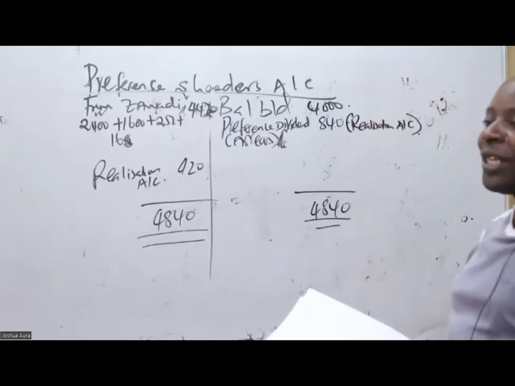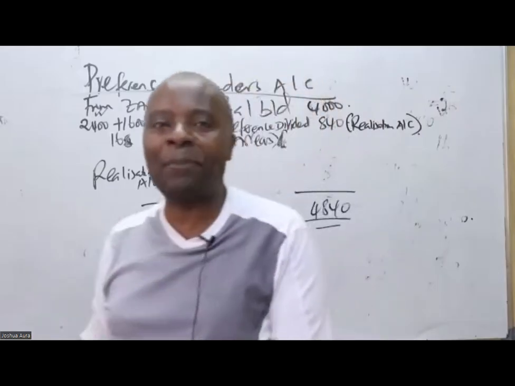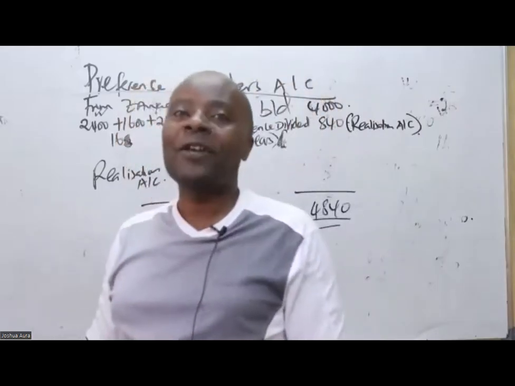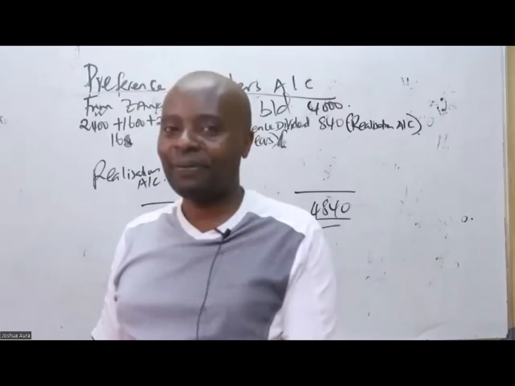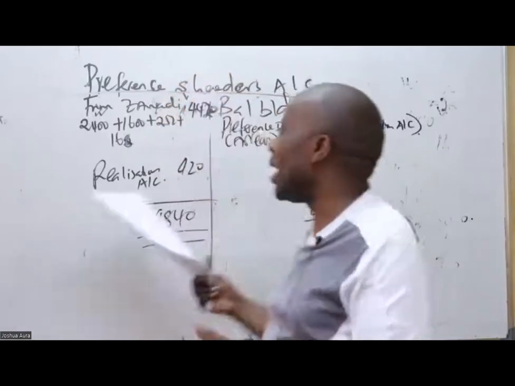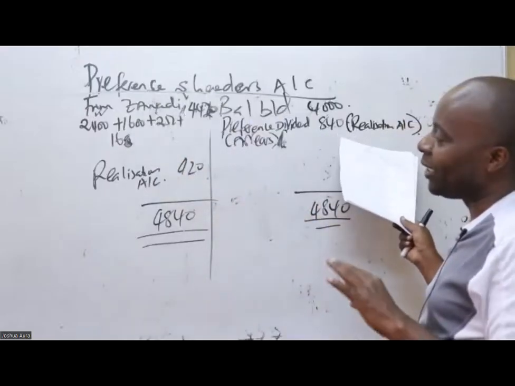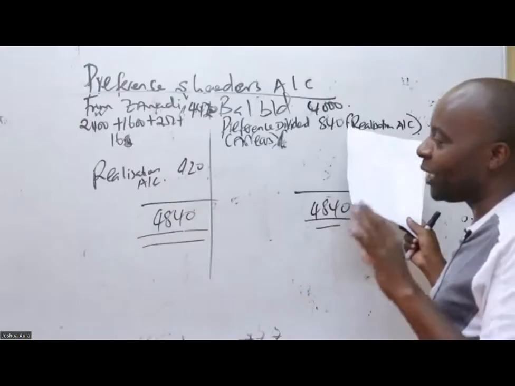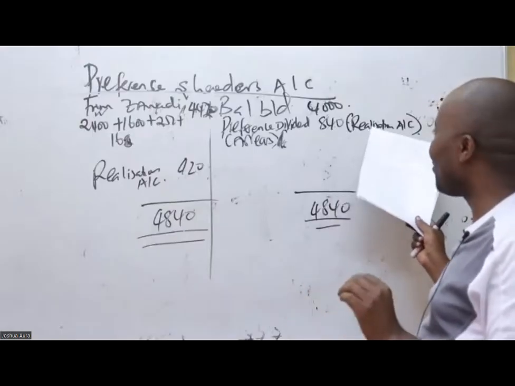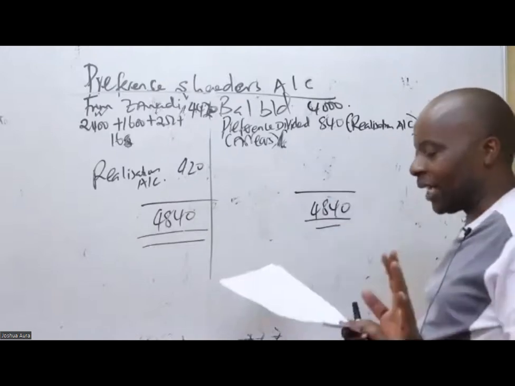Why is it going to the realization account? Remember, at the end of the day, the figure was paid up and it was taken over by who? By Zawadi. Right? This amount was realized by these preference shareholders at the end of the day. So you're taking two figures from this account to the realization account. Just for purposes of remembrance in future, leave it like that.